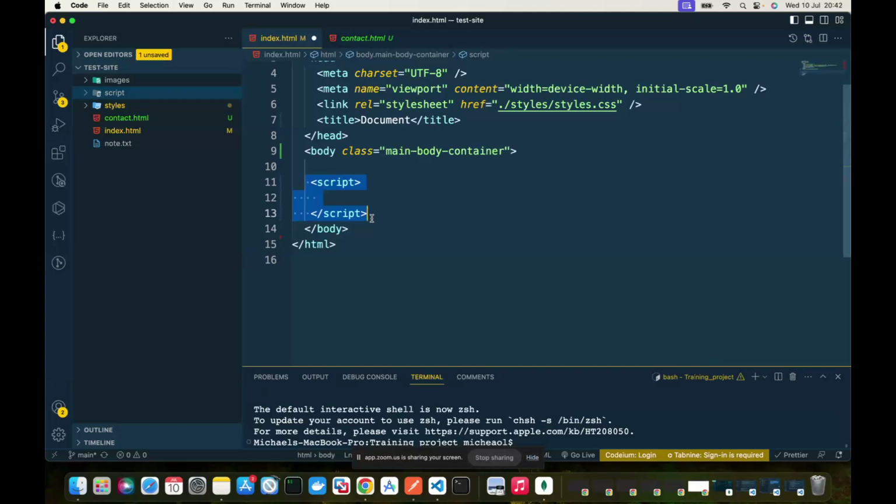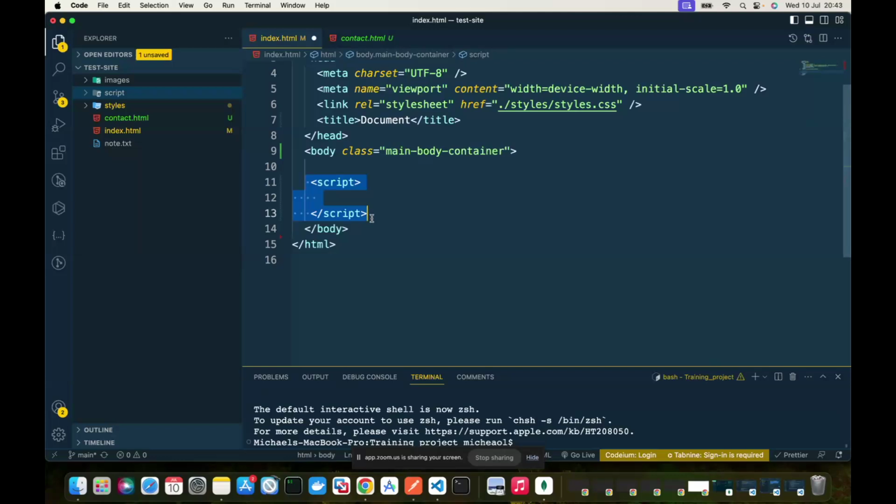Reason being that once you have JavaScript inside your file, it might take a longer time before the browser engine is able to compile and run that JavaScript. And remember that most code runs from top to bottom. So if your JavaScript code is still running, it's going to stop your HTML from loading. And you don't want that for your site.